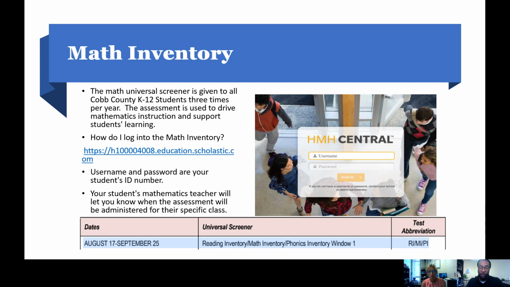I also wanted to relay that this assessment is district-wide. It's mandated for students to take this as a district-wide assessment, and it stems from K through 12. So you have kindergarten students all the way up to the 12th grade students who will be preparing to take this assessment. Now, as you can see at the bottom of the screen, it gives you a time frame when students are able to take this assessment. So they'll be taking it between August 17th and September 25th. This is the first time the students will take this assessment.